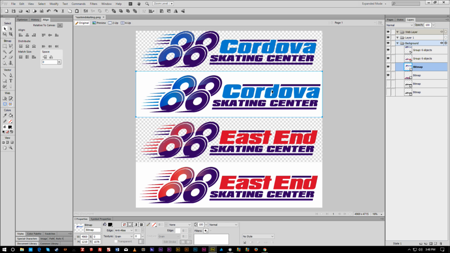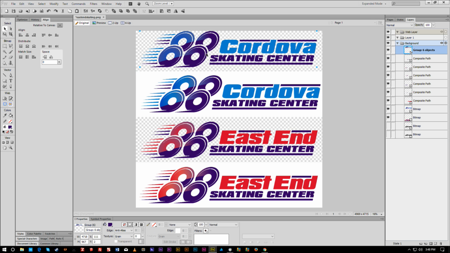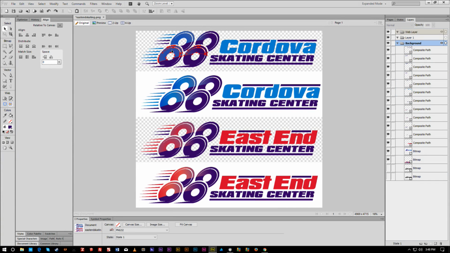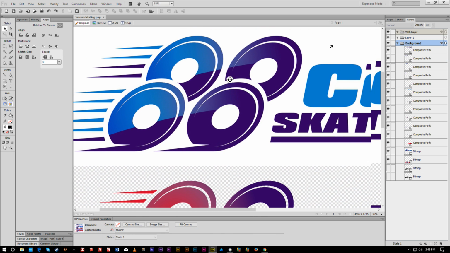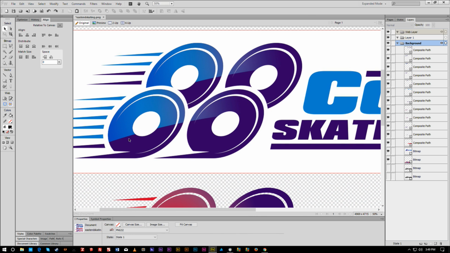All right, this is an example of a JPEG that we converted into a vector, or multiple JPEGs that we've converted into vectors. And I simply created or drew out and trimmed each individual layer that we had a gradient, right? So as you can see here, I noticed that there was a gradient coming from this. So it's hard to recreate the gradient if this was all one shape. So I knew that the bottom of these skating wheels had to be one shape and the top had to